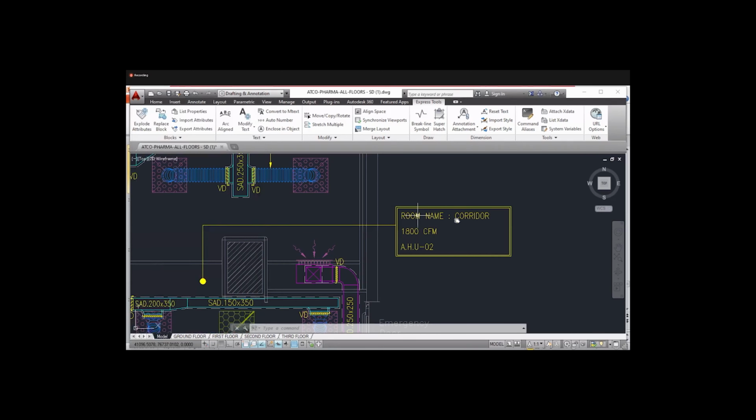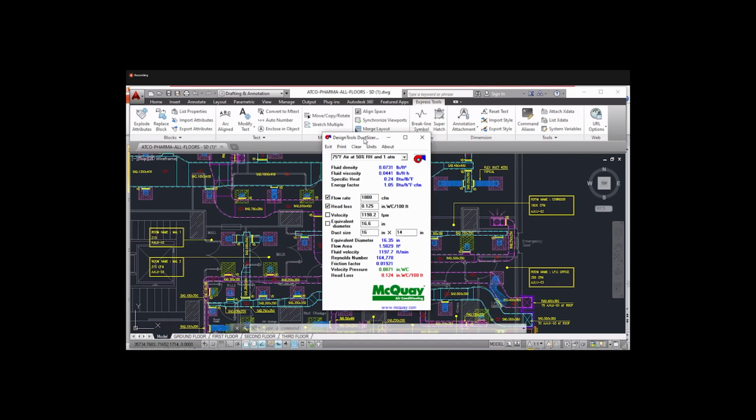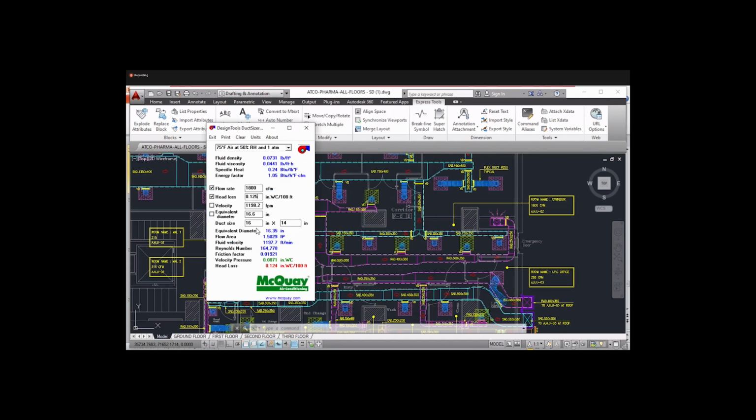So let's see how we will use the duct sizer. This is standard in the HVAC industry to size the duct, and it is very less time consuming. Otherwise, with pen and paper, it will take a lot of time and the project will be delayed. So this is the best method. This is the Magpie air conditioning duct sizer, mostly used in the HVAC industry.